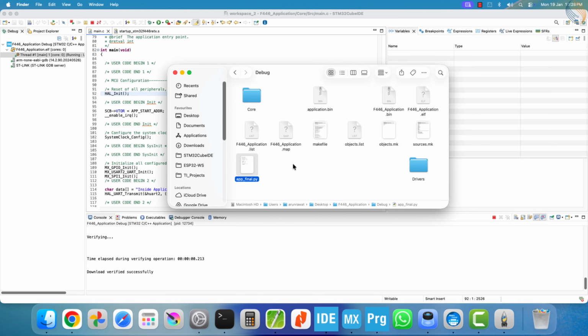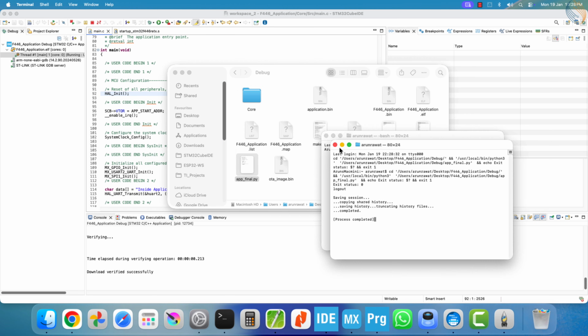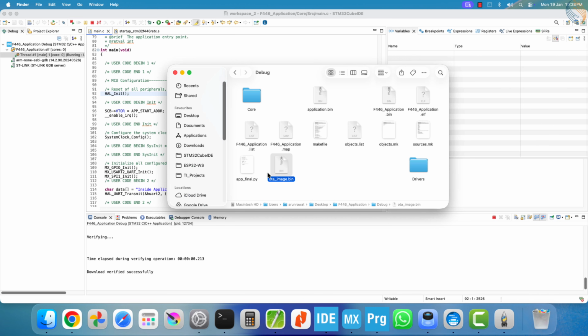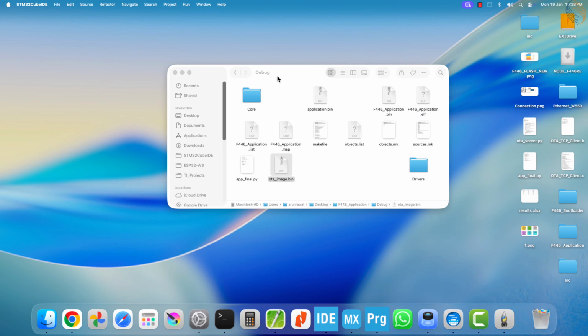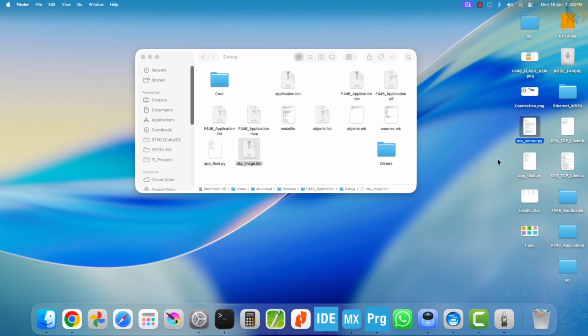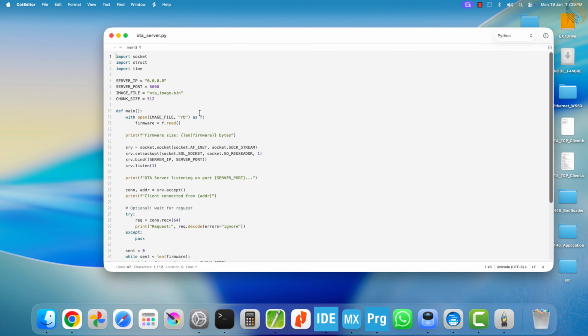Now, go to the application debug folder and generate the OTA image.bin file. Next, copy the OTA server Python script into the same debug folder. Let's quickly take a look at this script. Inside the script, you can define the server IP address and port number. This server looks for the OTA image.bin file in the current working directory, so make sure the file is present